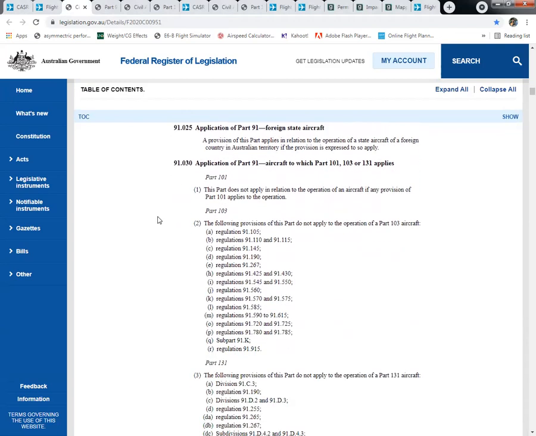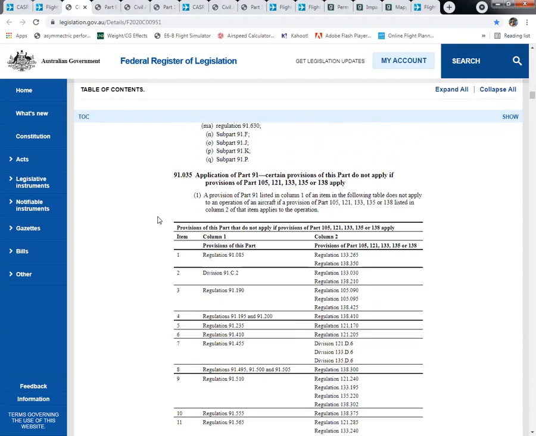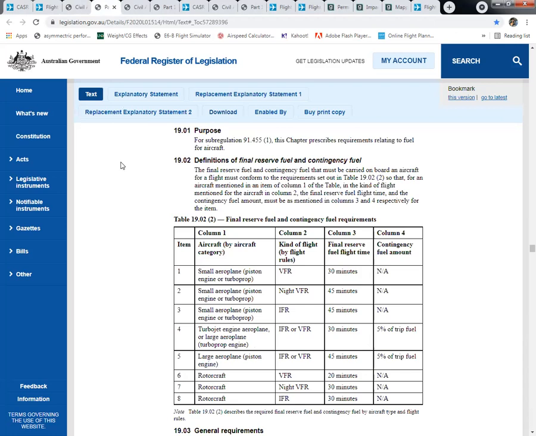One thing to take note of, which is fairly crucial, is that certain parts of Part 91, which is the general operating rules that are generally applicable, are overridden and superseded by sections of 121 or 135 for aeroplanes or 138 for aerial work. For example, the fuel under Reg 91.455, there is a new fuel policy in the MOS of Part 91, which is very much like the old CAP 234. It's pretty much a direct lift from CAP 234.